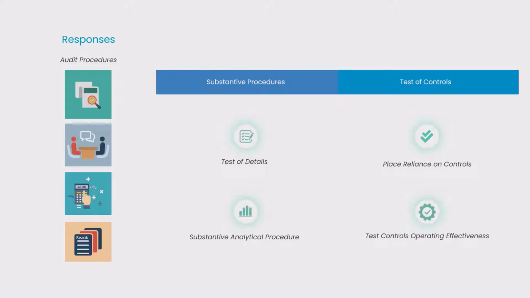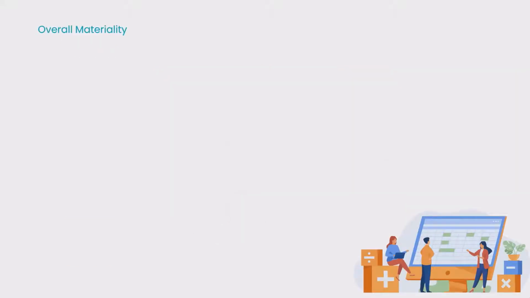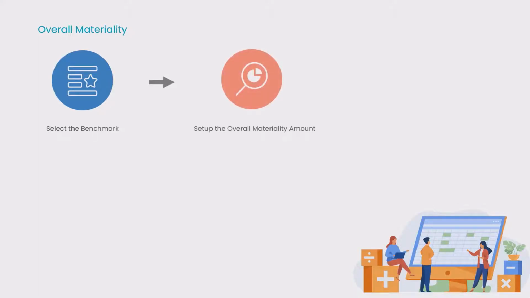Now, we discussed that our purpose is to reduce the risk of material misstatement to an acceptably low level. For that, we need to decide what should be the material item. To set up the materiality, we first decide the benchmark based on what users are most concerned about in the financial statements. Then we will set up the materiality amount as a percentage of this benchmark. The range will be recommended by the system, and then we move to calculate the clearly trivial threshold below which all the misstatements are trivial and need not be worried about.